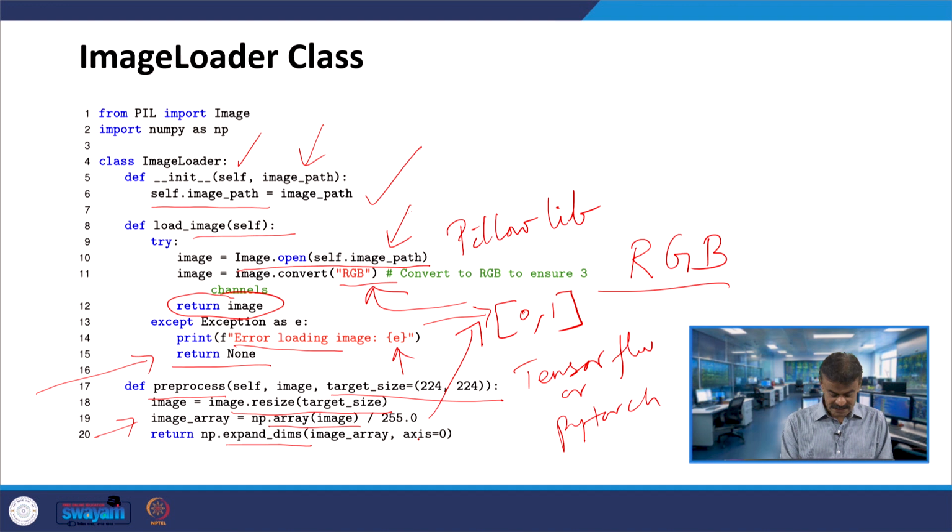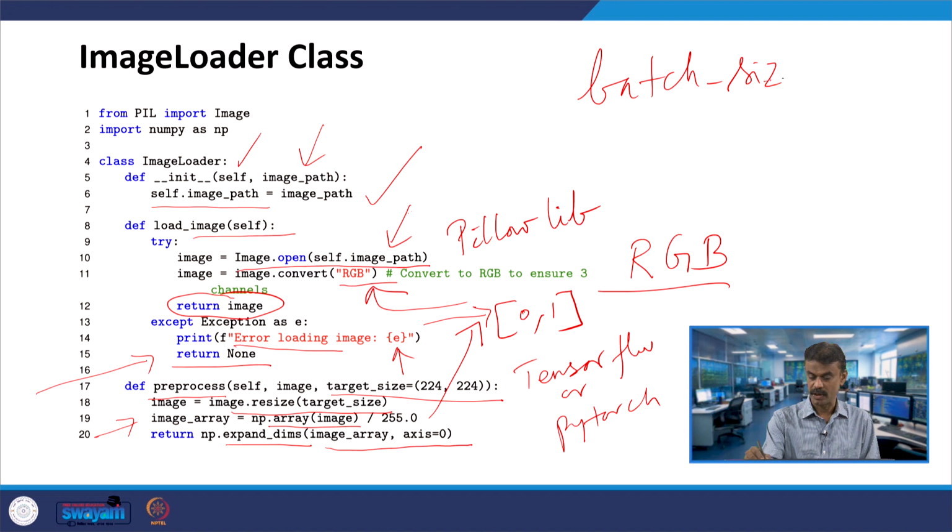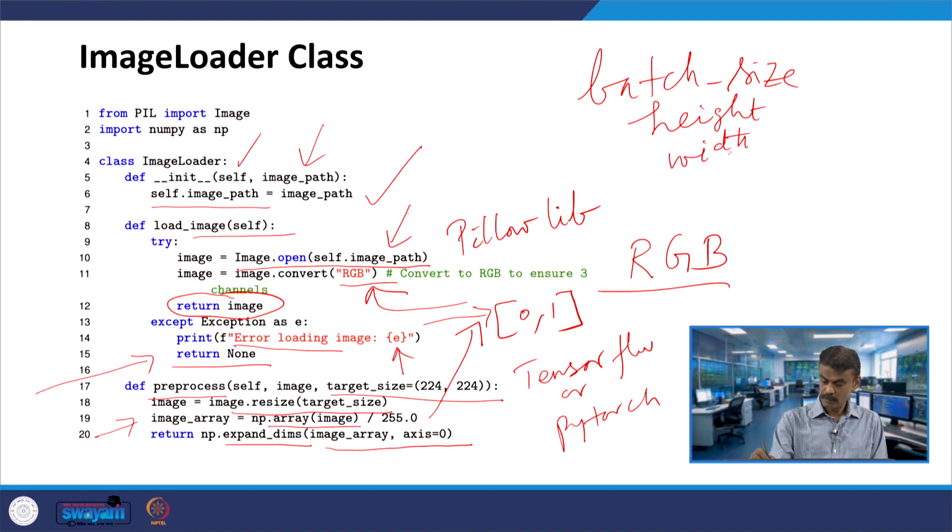That means this adds a new dimension for batch size, making it compatible with models expecting input shapes like batch_size, height, width and channels.